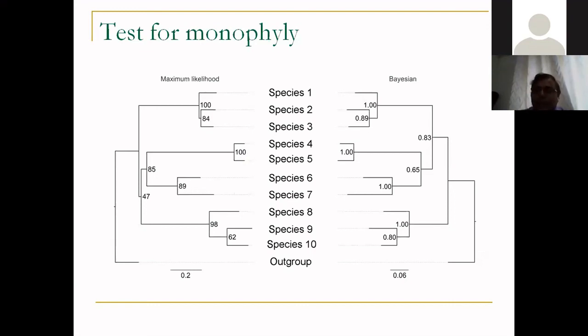The Bayesian statistics works in a slightly different manner, but it has similar properties. So here you will find the posterior probabilities, and when the posterior probability is 1, that means the probability of these two organisms coming together is 100%. When the probability decreases, like 0.65, 0.83, then you say that sometimes they may form groups with other species, and that's why those clades may not be well supported. For example, this clade is not much well supported.